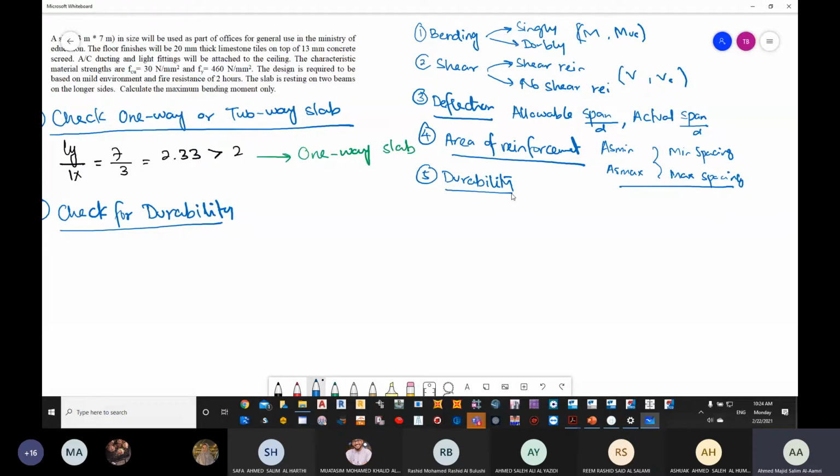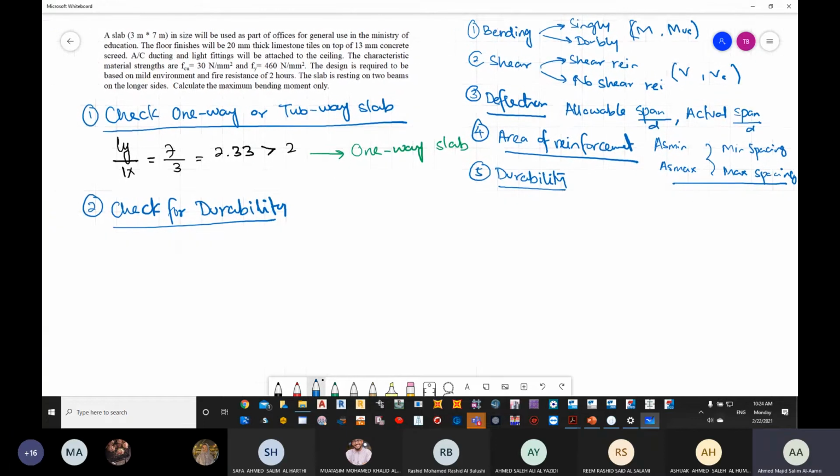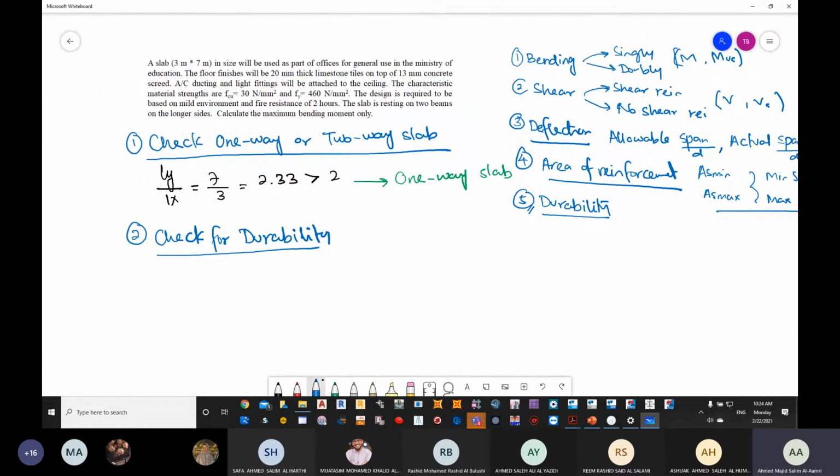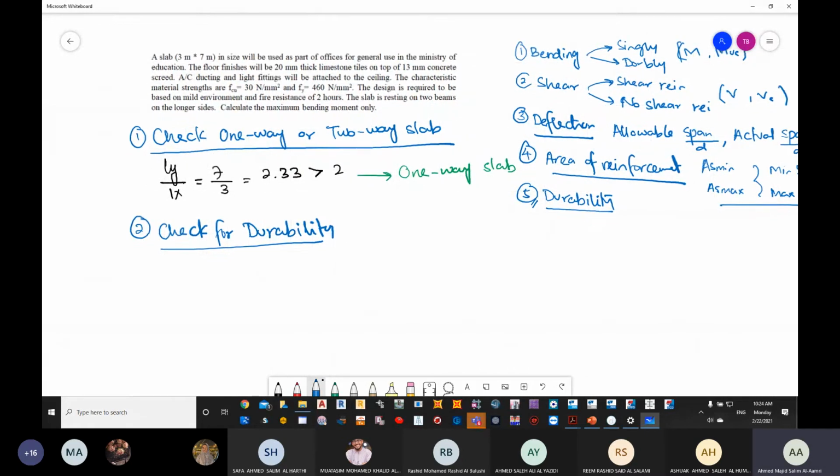First check normally is going to be for durability. Not all of them are required for this question, but to do a full design, you need to have these 5. Now, the first thing that we are going to do in terms of order, the first thing to be checked is normally the durability. Okay, so we are going to check the durability. Now, if we see the question,